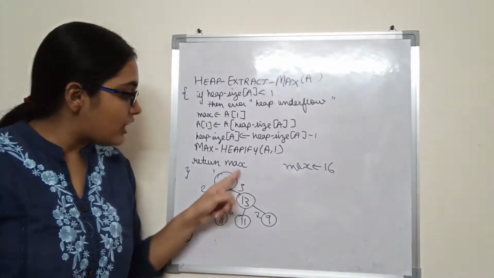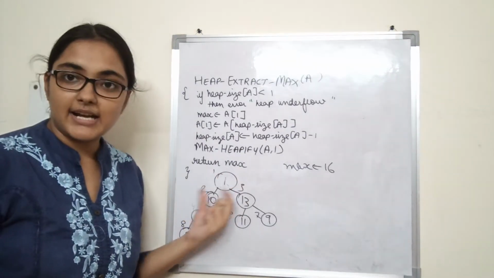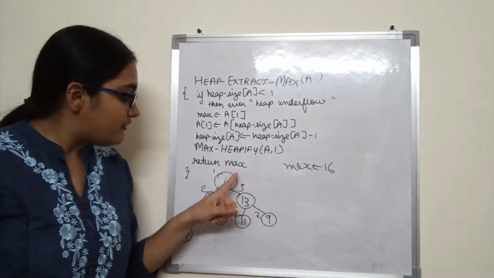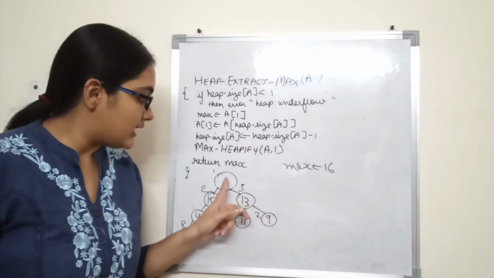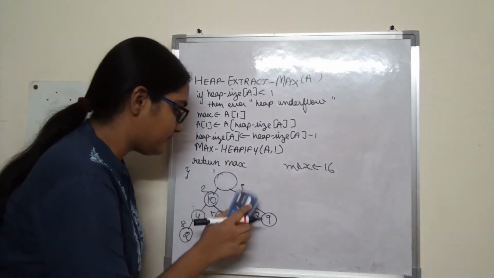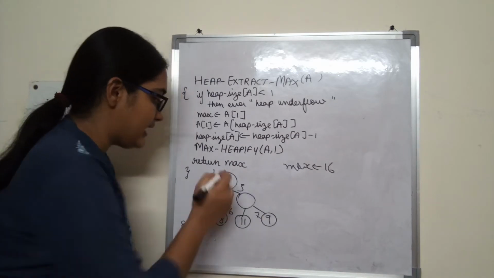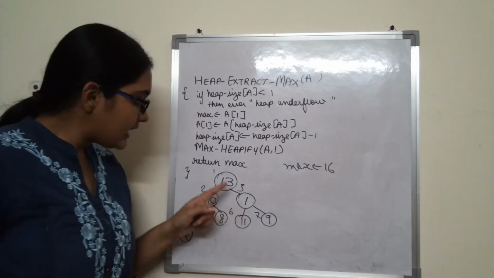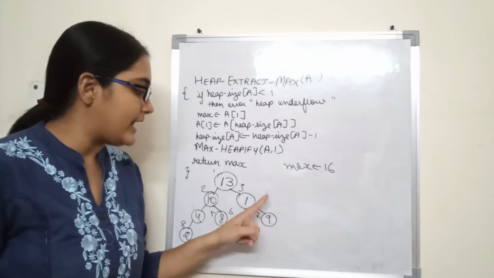So when we call max heapify on this node, it will compare this node, its left child as well as right child, to find out which among the three is the largest, right? So when we compare 1, 10 and 13, which one is the largest? 13 is the largest, so 13 and 1 will be exchanged, right? 13 and 1 will be exchanged when we call max heapify on A1. Now we will call max heapify on this node. Why? Because largest is not equal to i, right?